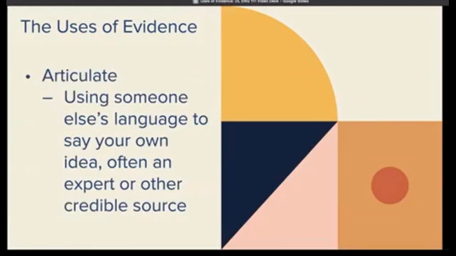The second use of evidence that we're talking about today is using evidence to articulate. So that means using someone else's language to say your own idea, often an expert or another credible source. Here, when I read someone who has published a lot in composition studies, which is one of my professional fields, and has done a great deal of research, and I find that they agree with me about something that I'm really wanting to present in an article I'm writing, then I'm going to quote them in my own article